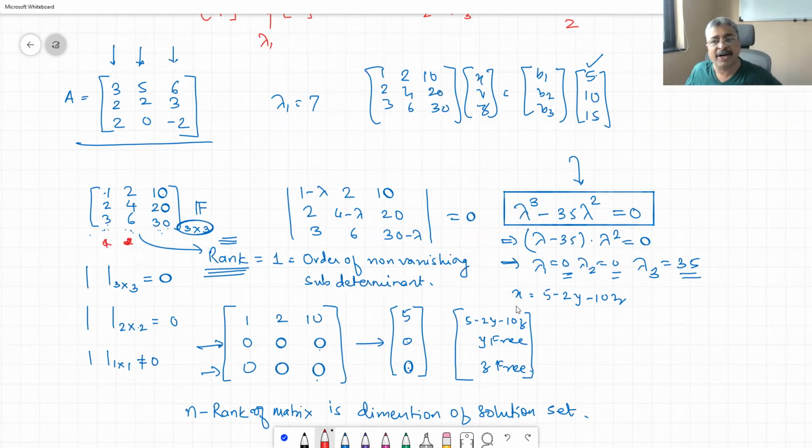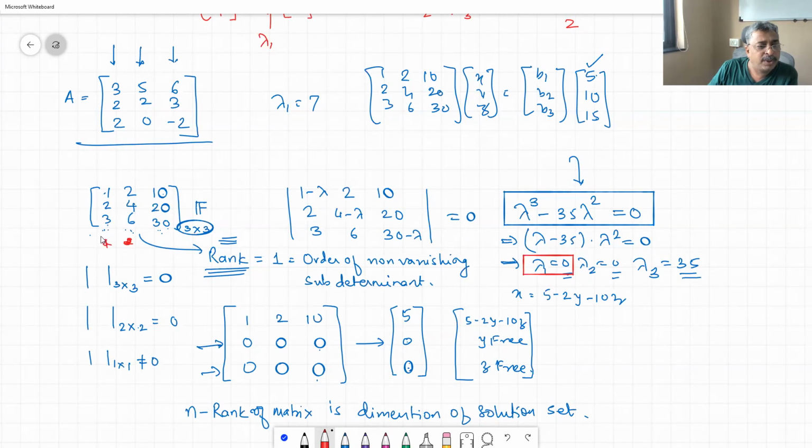Now, we will have to find out using 35. However, now let me show you quickly how you get the corresponding eigenvectors for lambda equal to 0. Okay, so let us go to this matrix. If my lambda value is 0, then